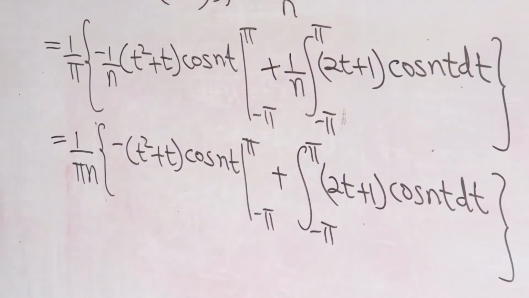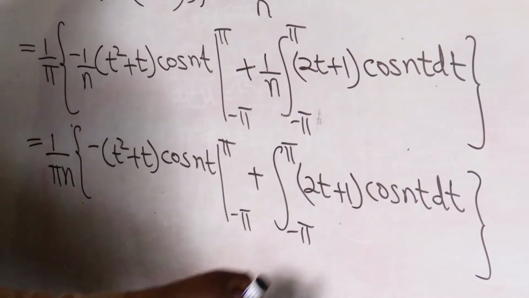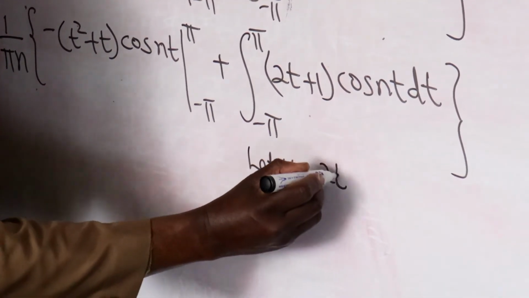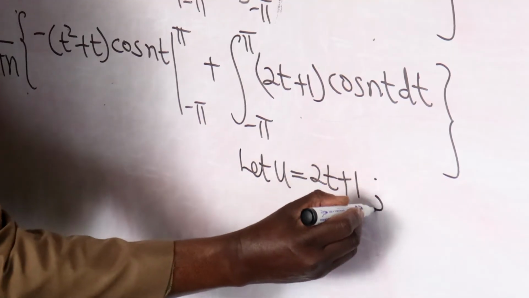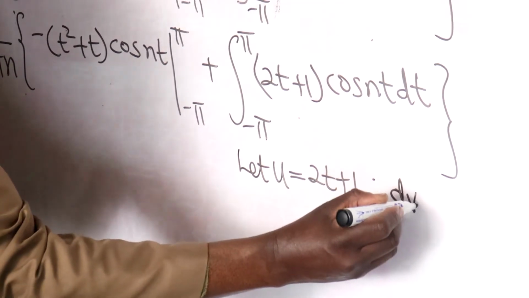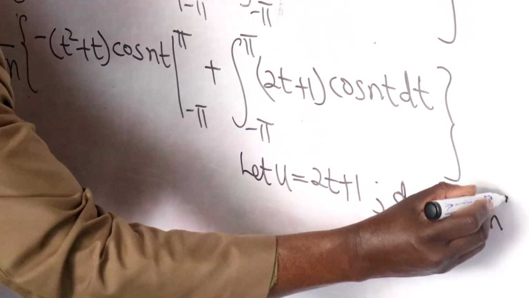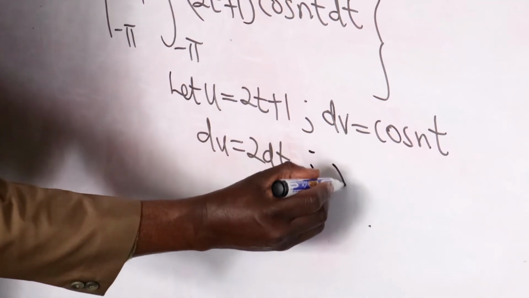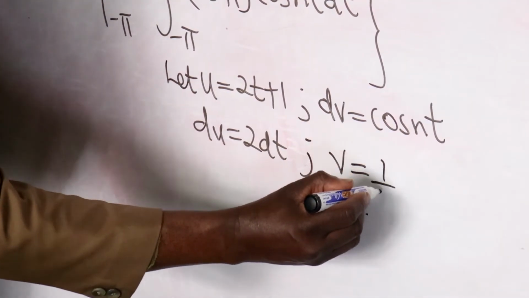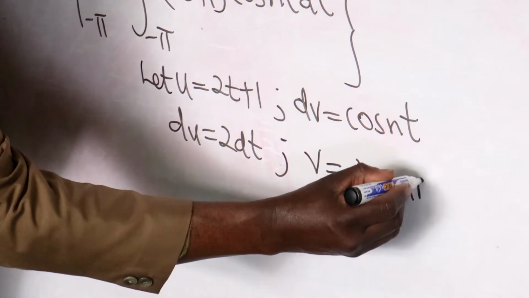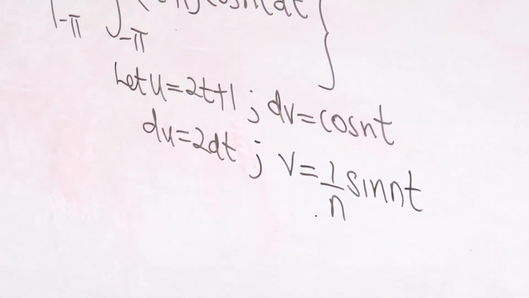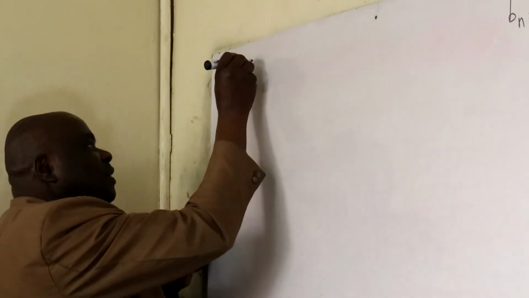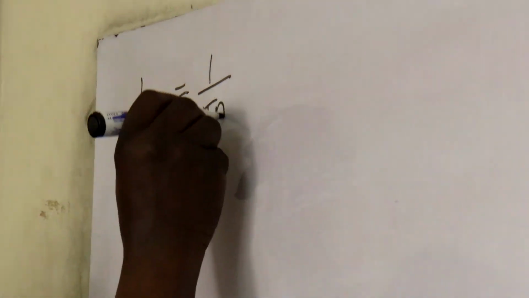So before we insert those limits, we can do some integration by parts here. We let u be equal to 2t plus 1, and we let dv be equal to cos nt. So du will be equal to dt, and v is equal to 1 all over n sine nt. So bn we can then write as 1 all over pi n into